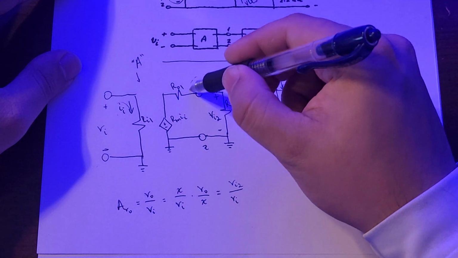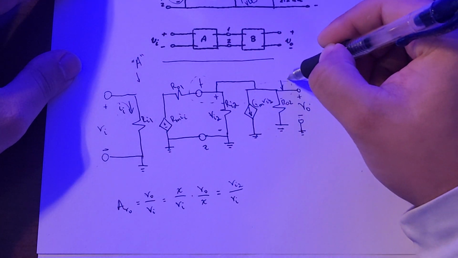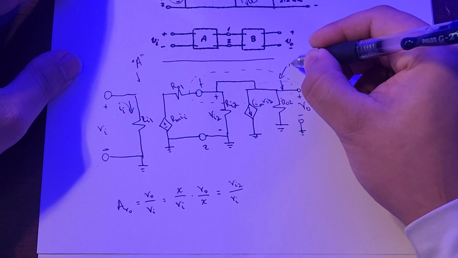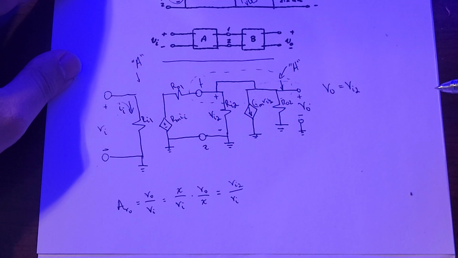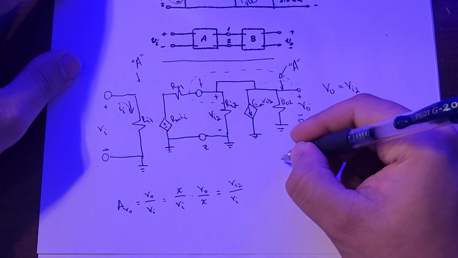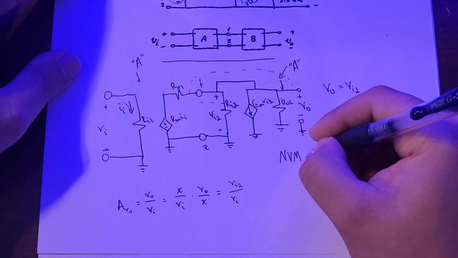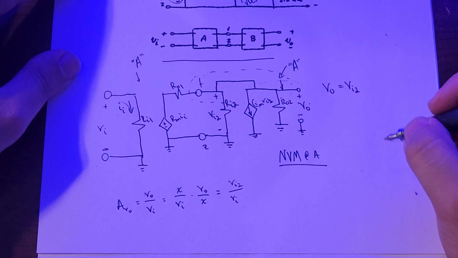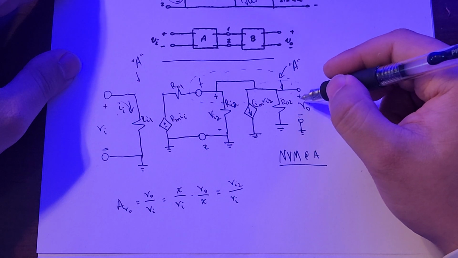It would actually be pretty easy. I'll make a little dashed line here. This entire node to be, we'll say, node A. Then from here, what we can do is we can do node voltage method at A, and again, this is positive VO, which we can say is